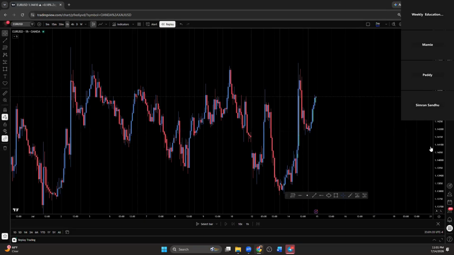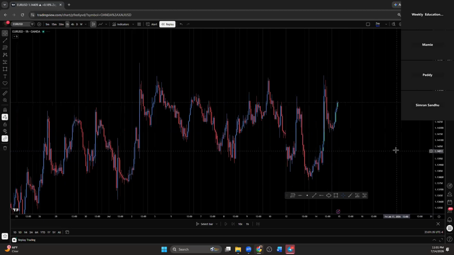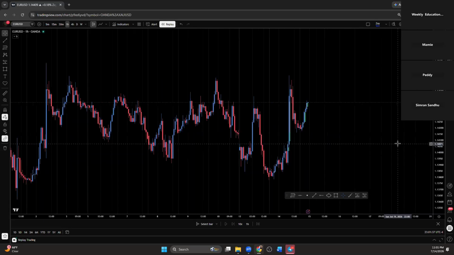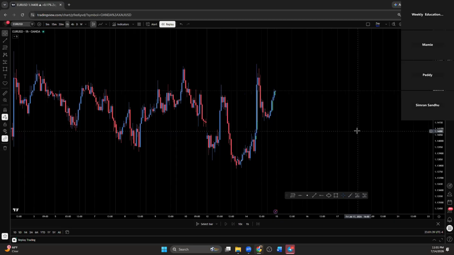Looks like the same instance to me. You've got to think about it too. Gold is different from EUR/USD. I know they both have the US dollar in them, but just because one currency might be going down doesn't mean the other is, which it kind of should because they have the same correlation in a way. But you've got to think about it. Certain things drive gold compared to driving EUR/USD. You know what I'm saying?